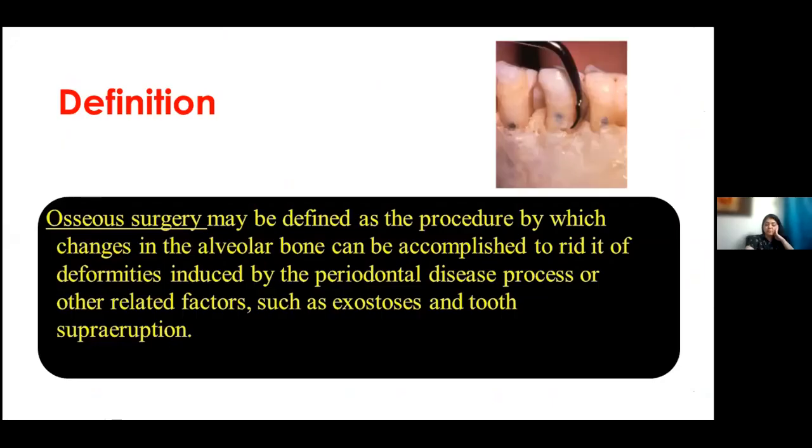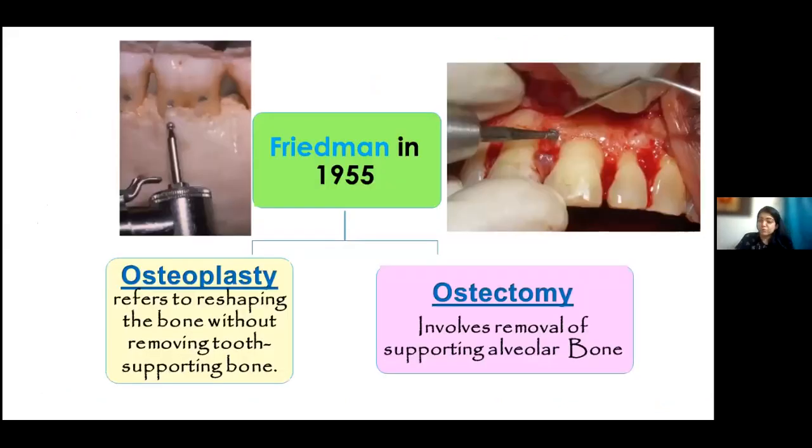That is resective. Okay. Now, osseous surgery, we can just bring about changes in the alveolar bone. If it is too bulbous or anything, we can reshape it. If we have to do some recontouring, we can reshape that bone, or we can remove some part of the bone, right? So when we are removing tooth supporting alveolar bone, it is called osteectomy. When we are reshaping the bone without compromising any tooth supporting bone.